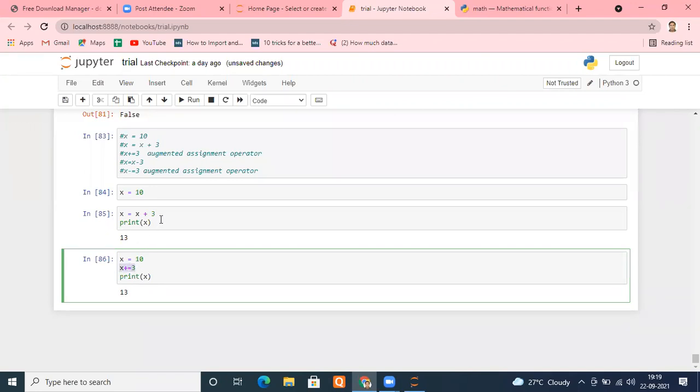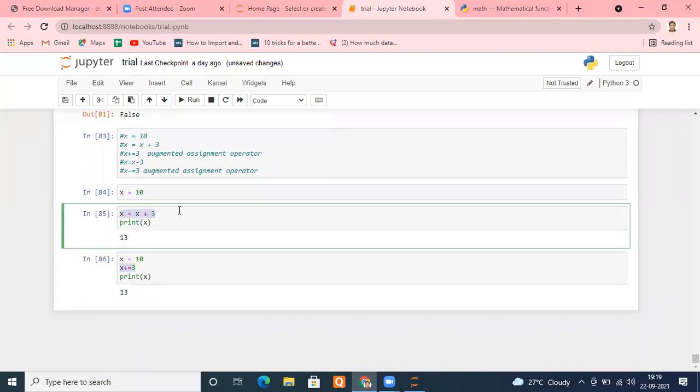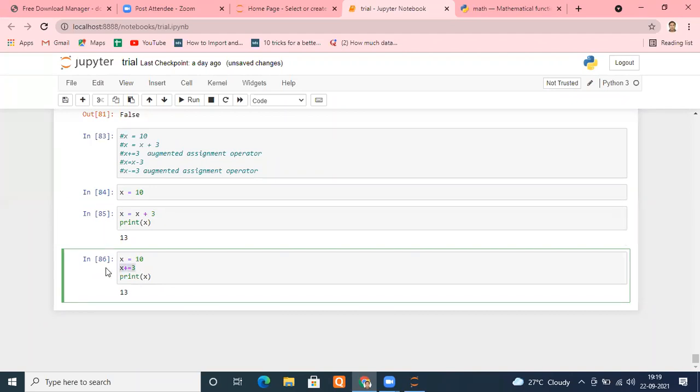If you want to make your life easy by writing code which is cleaner, meaning you are able to understand, put it that way, because this thing everybody can understand. Even if I show this code to you, you will understand, okay, x is equal to x plus 3. But if you haven't studied the augmented assignment operator, you won't be able to recognize what is written here. Hope it is okay, everyone. Okay, so remember that in mind.